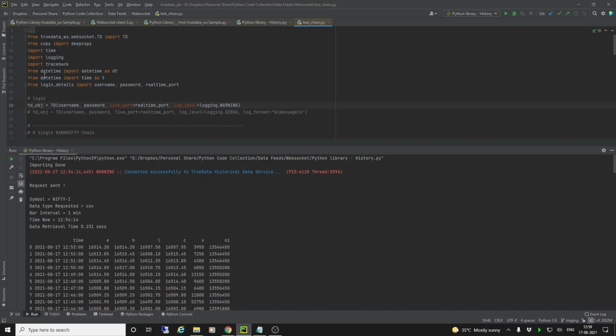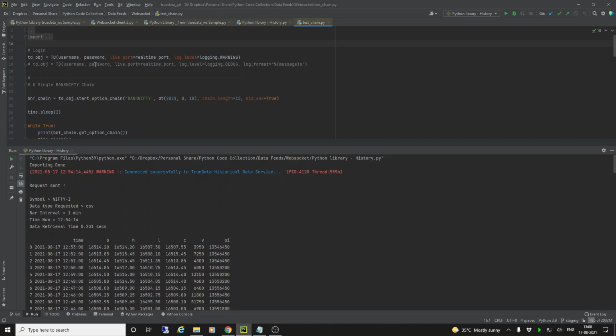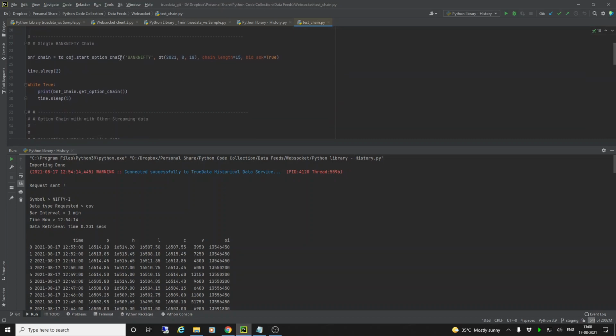All the standard things are imported. Date time has been imported as DT from date time, and imported time as T. My login details are somewhere else, which I've imported so that I can show them to you. So that's why the username, password, and the logging level. That is nothing new, all the same.